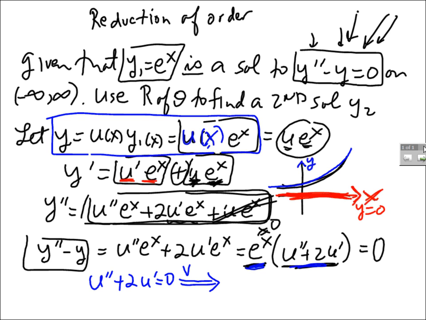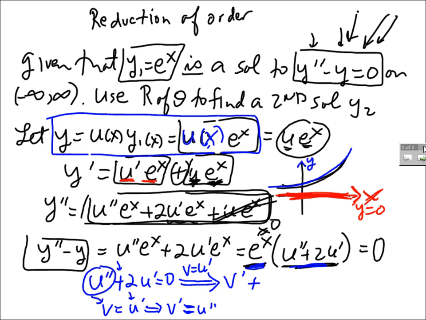If I let v equal u prime, well, if v is equal to u prime, if I take the derivative of the left side, I get v prime, and if I take the derivative of the right side, I get u double prime. And the equal sign is valid. So this is v prime